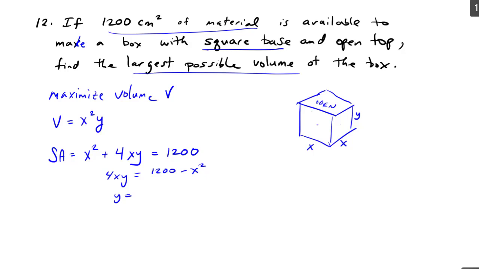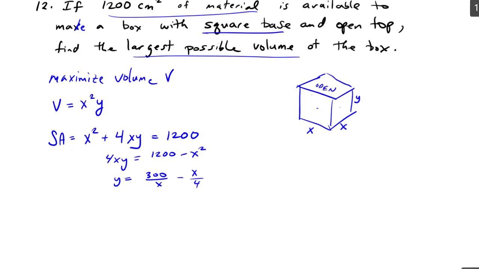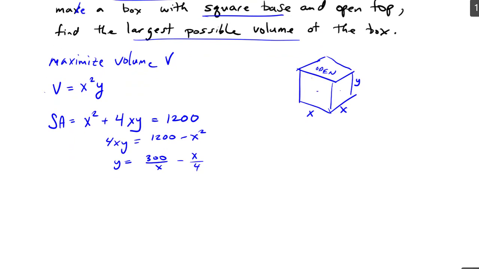So y is going to be 300 over x minus x over 4, when I divide both sides by 4x. Alright, so that will allow me now to write my volume only in x as x squared times 300 over x minus x over 4,